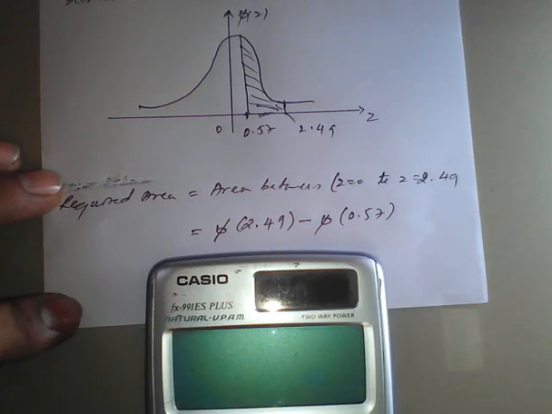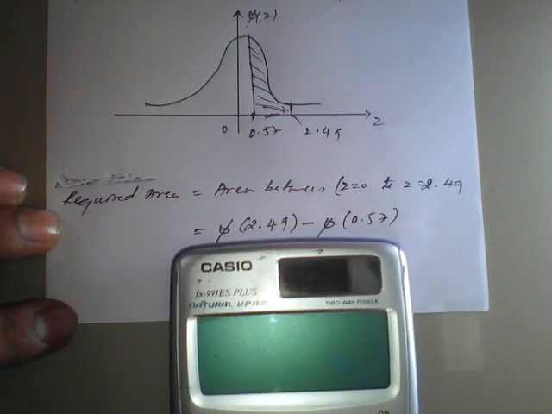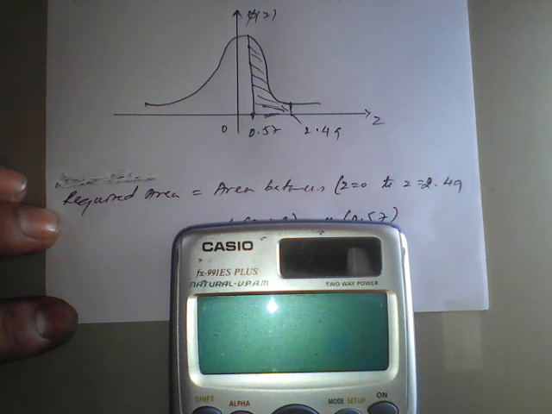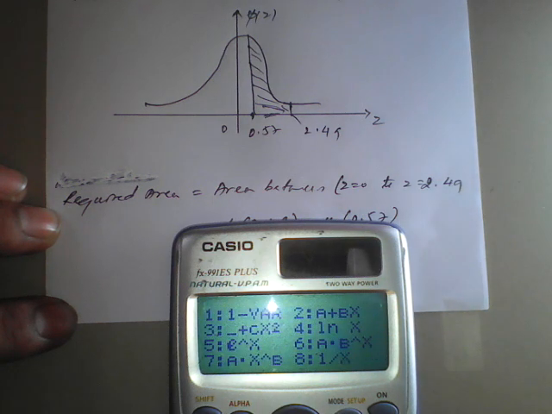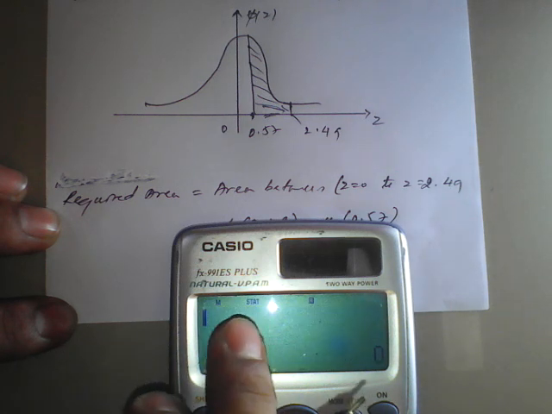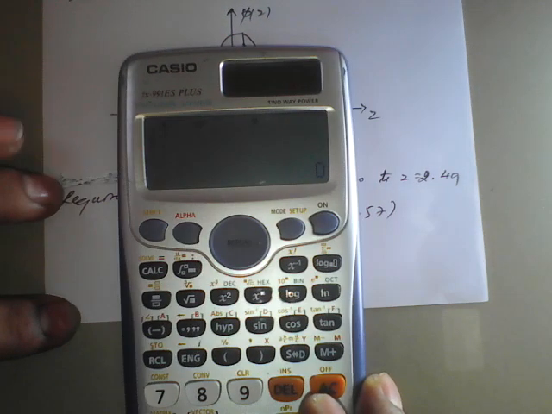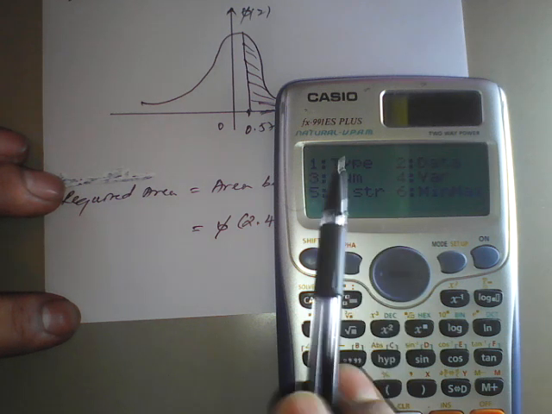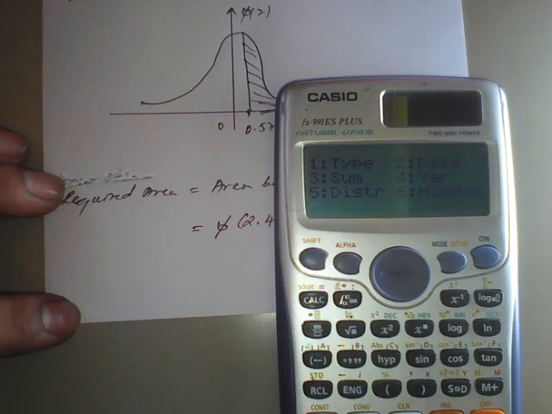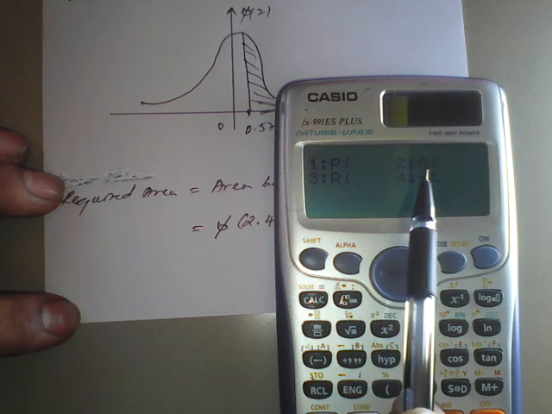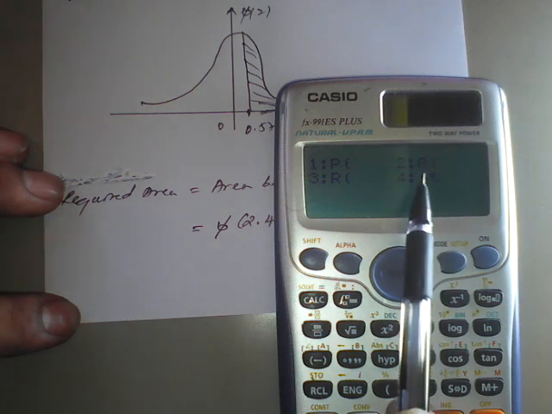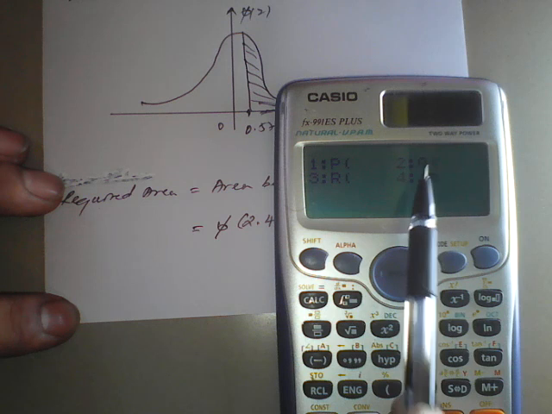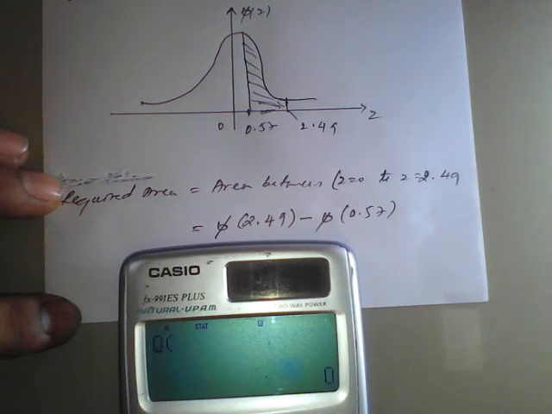So how to find this area? Take the calculator. Shift, mode, stat, mode 3, and press the AC button, it will vanish. So you can see that it is in stat option. Once we get this stat mode, then press shift, and above 1 we have stat, you press 1. So you will find data, sum, variance, and distribution. We are working with distribution, press 5. So here, for q you consider 5. This is the value for finding the normal value. Option 2, you will find it looks like q. So q you consider as the normal distribution table, q of any value. So option 2, you will find q of 2.49, you press 2.49